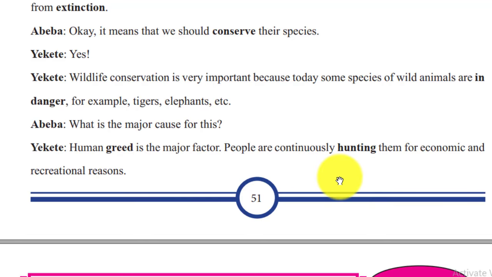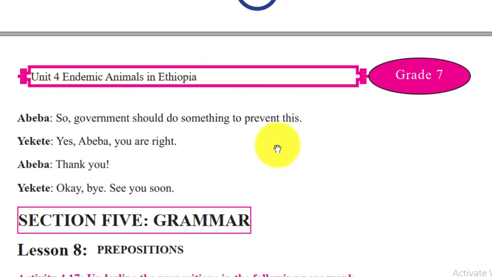ስራ መስራት ነው። So government should do something to prevent this ይላል። ስለዚህ prevent የሚል ቃል normally it's not written in bold but it's also part of the context። እንግዲህ so government ስለዚህ ምን ማድረግ አለ? should do something የሆነ ነገር መስራት አለበት። ምን ለማለት? to prevent this. to prevent ማለት just to stop, to keep something from happening ማለት ነው። ወይም ደግሞ to protect ማለት ነው። ያ government should do something to prevent this ይሄን ለመከላከል to just protect this ወይንም ደግሞ to stop from happening፣ ይሄ እንደዚህ ከመከሰት። just the government should do something የሆነ ነገር ማድረግ አለበት ነው፣ በዚህ መሰረት ይጠናቃል ዲያሎግ ማለት ነው። so it is a part of just doing the context